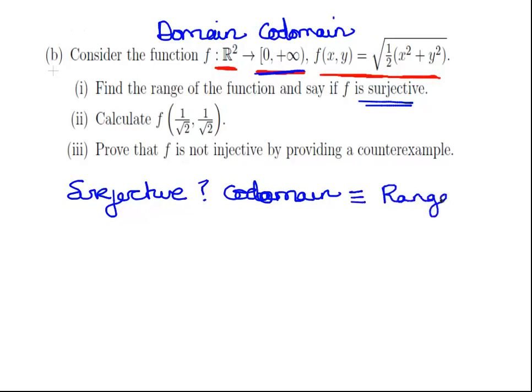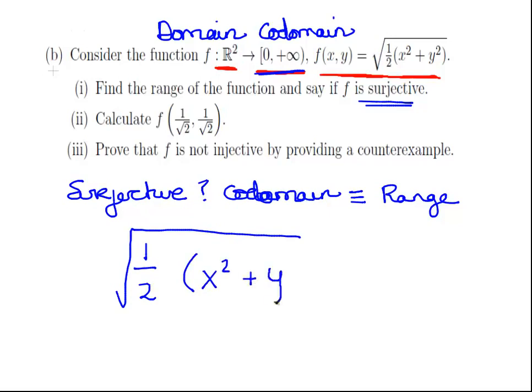That's the general idea. We're going to use the codomain as a general guide for determining the range, and essentially we're just looking at the upper bound and the lower bound: the highest possible value and the lowest possible value. Let's consider the inputs to this function, and write out the specification: half of x squared plus y squared. The possible inputs can be real numbers, so we can have -1 as x